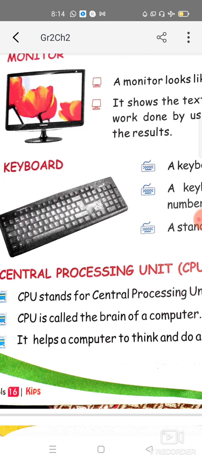Although there are different kinds of keyboards which come with different numbers of keys, ideally a standard keyboard has 104 keys. It has alphabetic keys using which you can type alphabets from A to Z, and there are number keys from 0 to 9 which you can use for typing numbers. There are some special symbols also which you can use wherever you need.